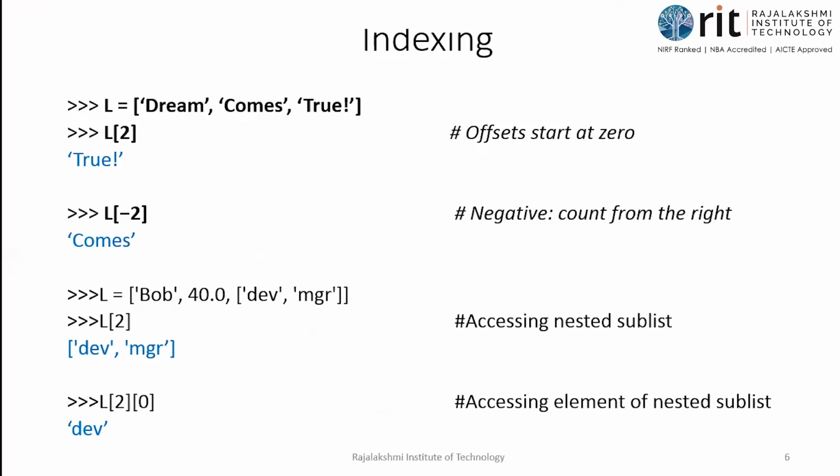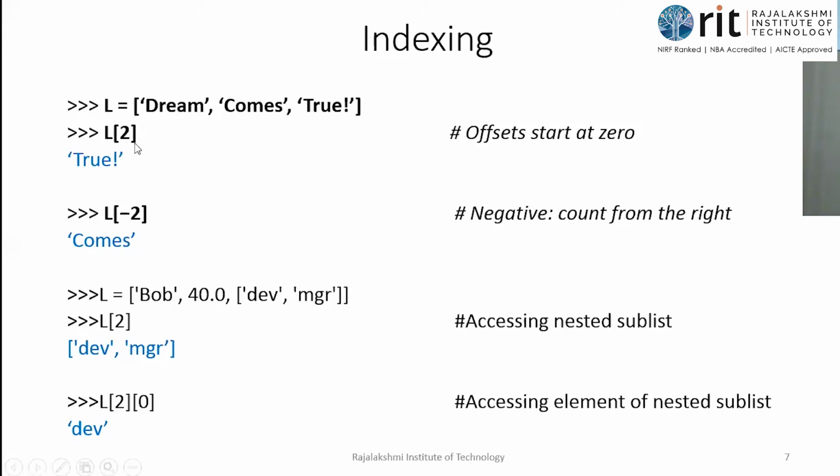So next comes the indexing operation. I've already told indexing and slicing is allowed in lists. See, because of which only we are able to modify the list many times. So L is equal to dream comes true. So I have placed 3 items here. The first is of type string, second is also of type string, and third again string, because all those are within quotes. Okay, so the first value is dream, second is comes, and the third one is true along with the exclamation. I've told string is a collection of values, isn't it? So I can have a collection of characters, so I can have digits, alphabet, symbols also. Okay, so exclamation is allowed there in string.